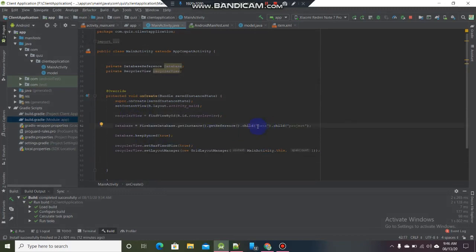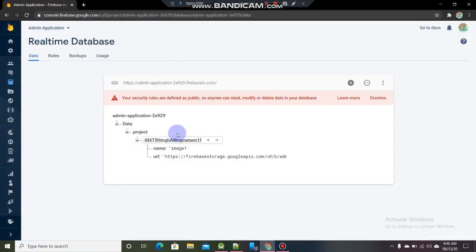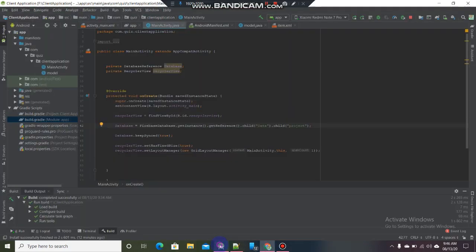Write your child name which you initialized in your database. I'm using the data and project here, so I'm taking two children which are data and projects.